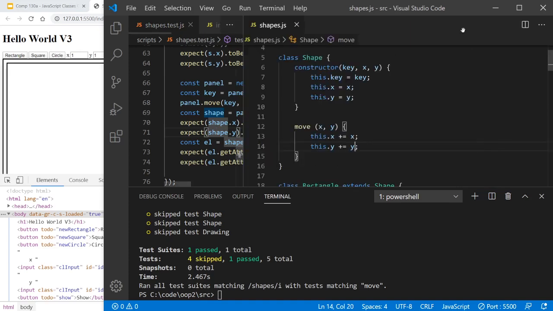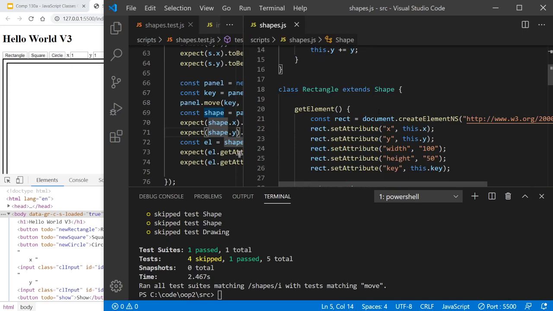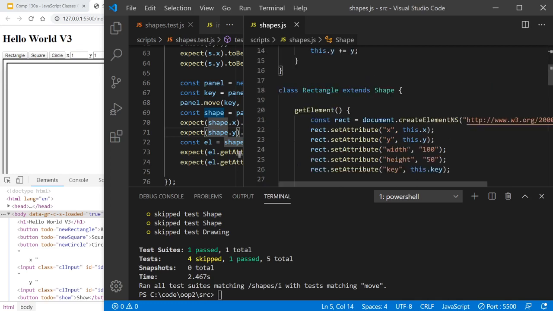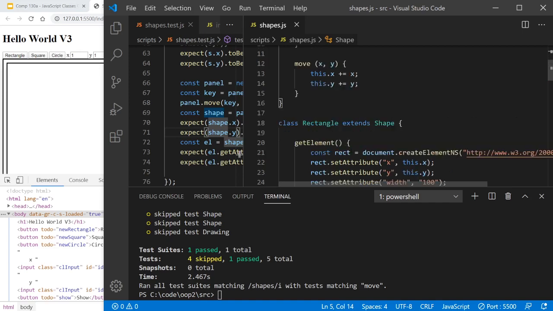And again, we go back to here, and should we put that on our shape object? Or should we in fact put that in our rectangle element? So, we see a problem. I see a problem. Right now we're creating this element and we're not saving this element. So let's learn another OO function called,